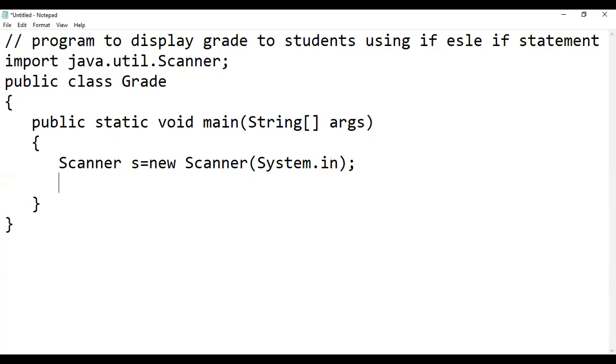So now we want to take one value from the user. So firstly, we display a message so that user enters marks, like enter marks.